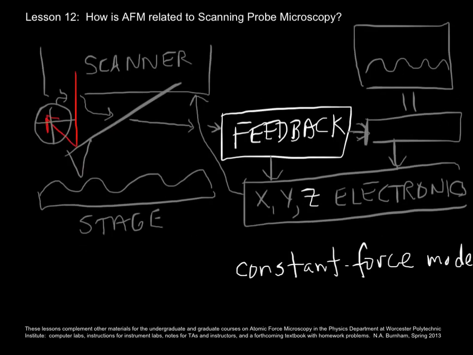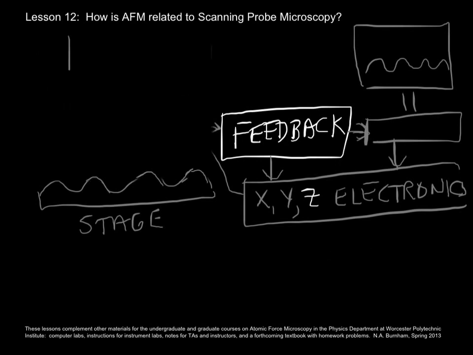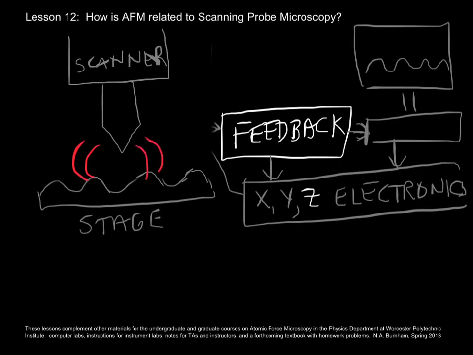Here's another slide from lesson 4. This is constant force mode in AFM. And to turn this into a sketch of a generic scanning probe microscope, all we need to do is again, take out the scanner, photodiode, and cantilever, put the sketch of the scanner back in, have a sharp probe that's in proximity to the sample surface, have some kind of interaction. You're measuring optical, let's say,